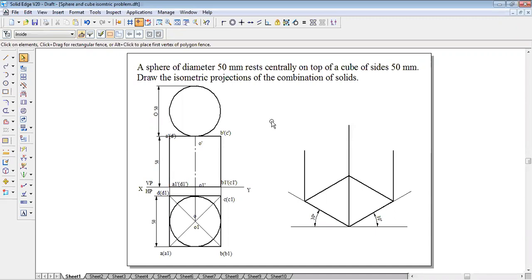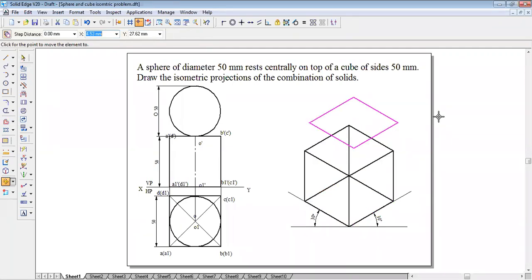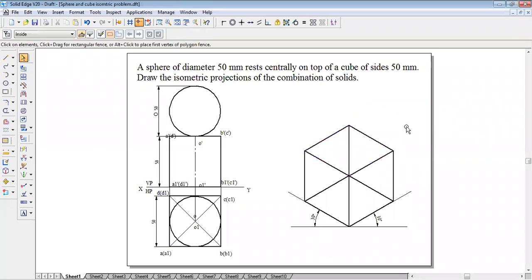Okay. Now, a simple way: select these four corners using the control command. Hold the control button and locate and select the points. Go to the move, copy command. From any of the corners, move it to the top. This is how easy it is to construct.